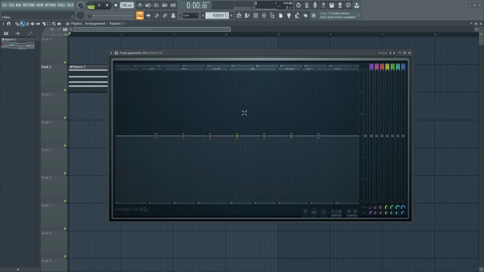So first of all, we have this spectral analyzer, and this is what will show you all the frequencies which are present within the sound. So if I play this small arrangement that I made, it will show you the frequencies.